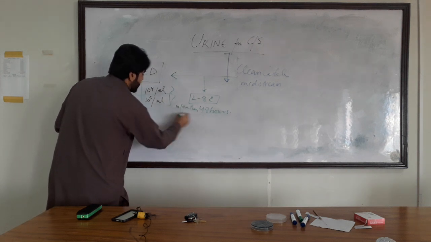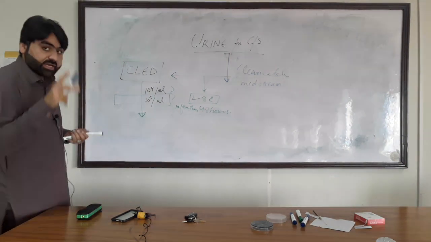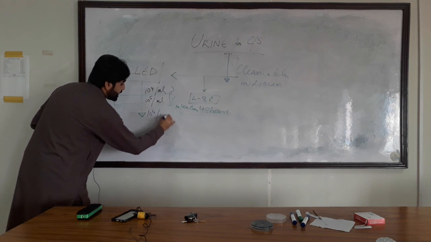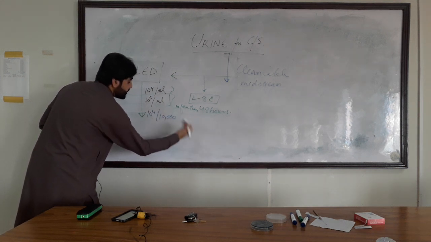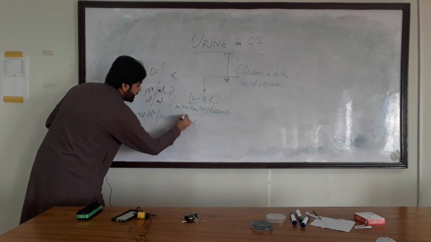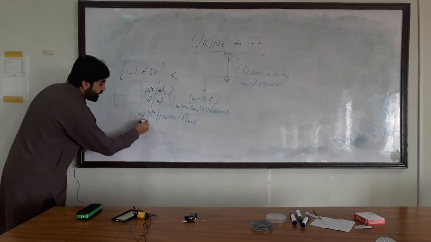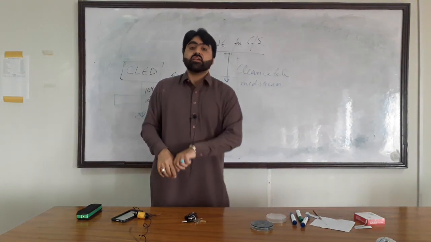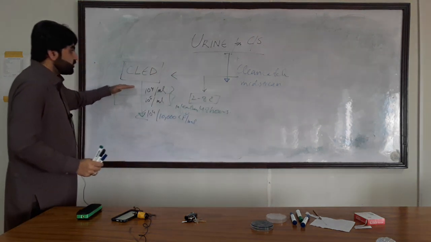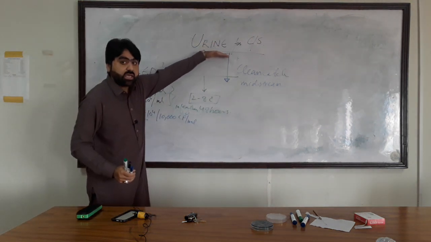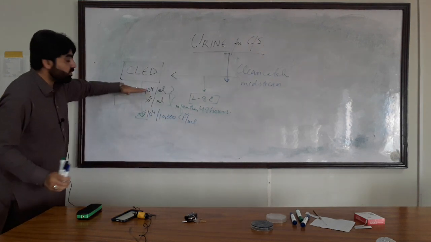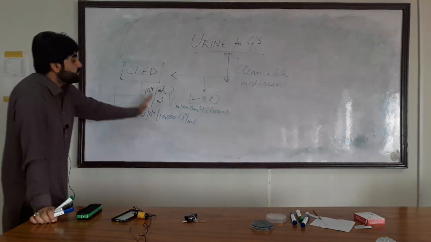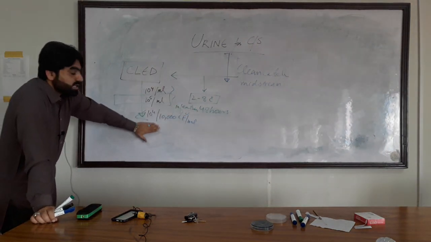But if the number of bacteria is lower than 10 power 4, where 10 power 4 is equal to 10,000 CFU or bacteria per ml, then it could be the result of contamination. Therefore, it is recommended to count the number of bacteria in the provided urine specimen. If it is above 10 power 4 CFU per ml or 10 power 5 CFU per ml, then it would be the result of infection. Otherwise, it would be considered a contaminant.